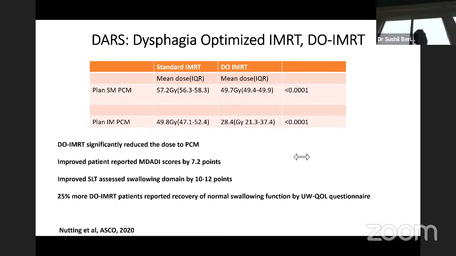Now, the way you use it is a bit different, but the auto flash is a module which is available in both. You commonly use it for breast cancer patients when you're trying to do IMRT. You commonly use it for cancer of the vulva when you're trying to account for organ motion, swelling and uncertainty. So those modules are available. If you think skin is at risk, you can add the bolus. If you think skin is not a risk, but you want to make sure you're not missing the node with day-to-day setup, then you can use the auto flash. Either way, you need to extend the isodose line outside the patient's body.